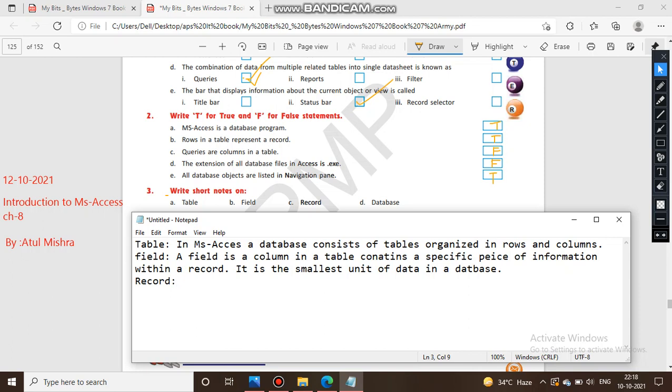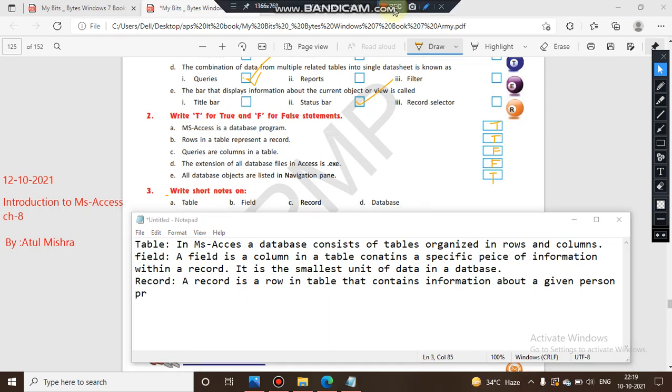Third is your record. So you can write about record also. A record is a row in a table that contains information about a given person, product or event. Okay, and last is your database itself.